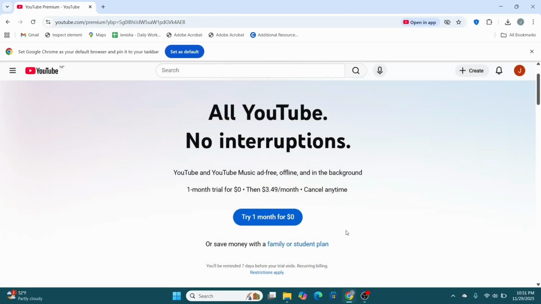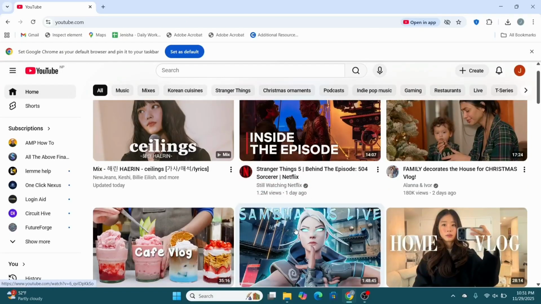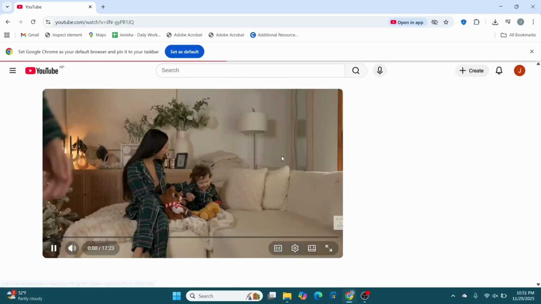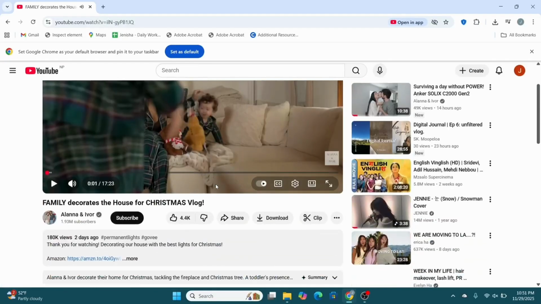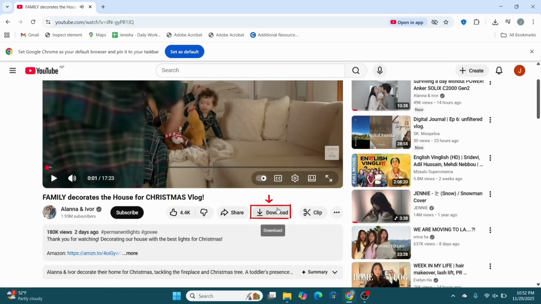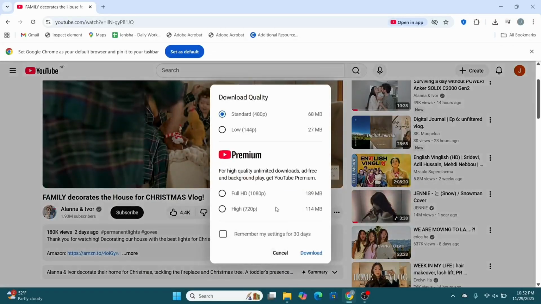After that is done, you can just go over and find the video that you want to play. So go over to youtube.com for that and find the video that you would like to download. And once you've found the video, all you gotta do is find this option called download. So select download, and after you select download, if you've subscribed to the premium version, you will be finding the